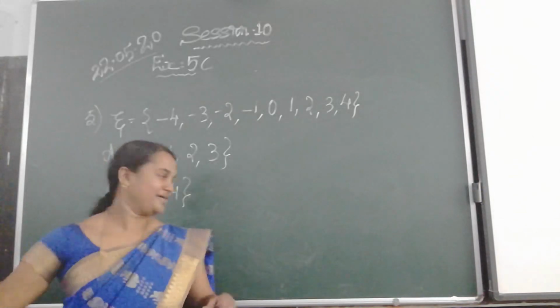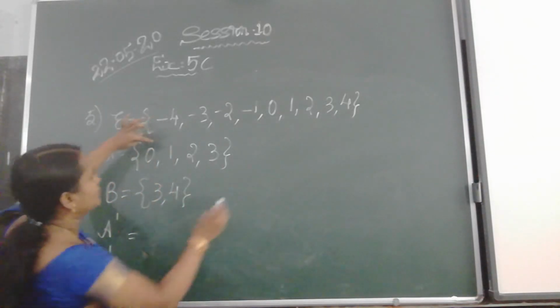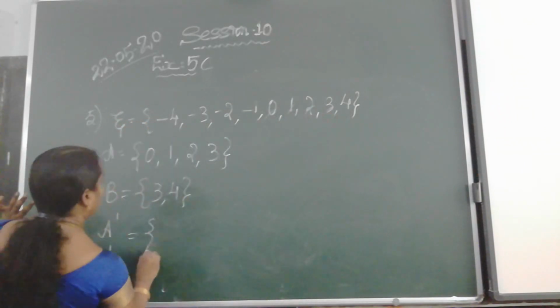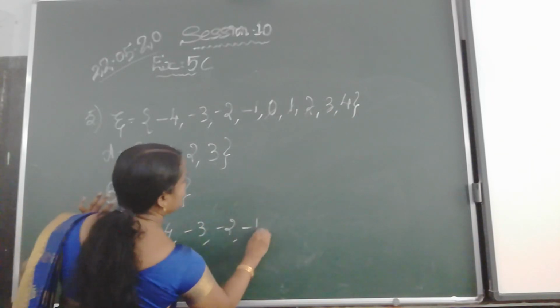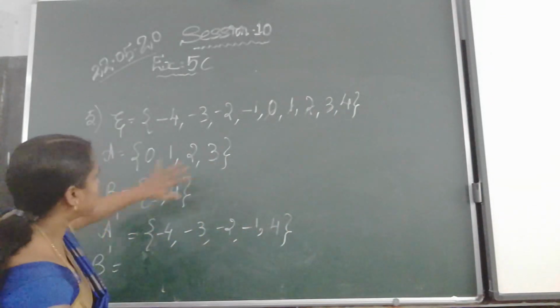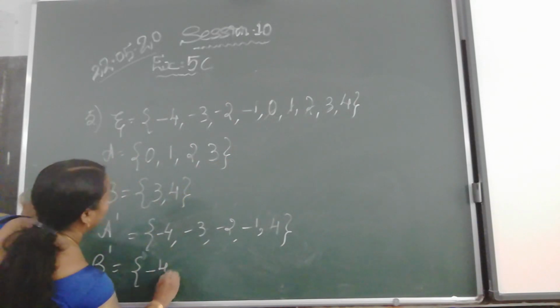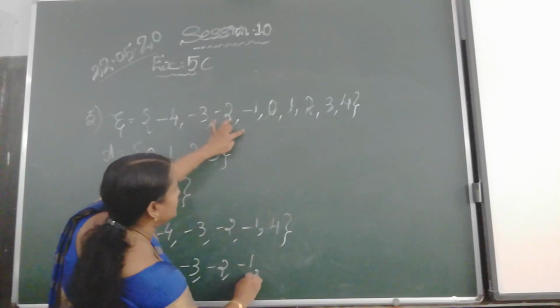The same way, compare A, meaning this universal set: 0, 1, 2, 3, no need to write, remaining all, that means -4, -3, -2, -1 and last 4. Is it enough? Now we have 3, 4, no need, remaining everything we have to write. That means -4, -3, -2, -1 and last